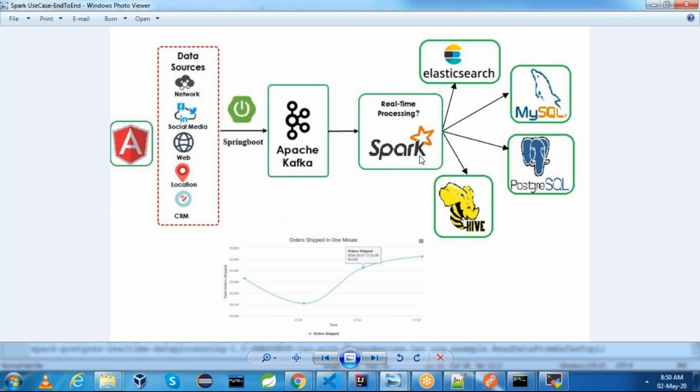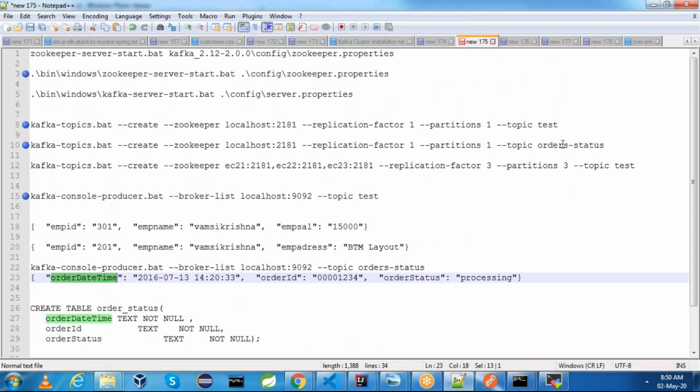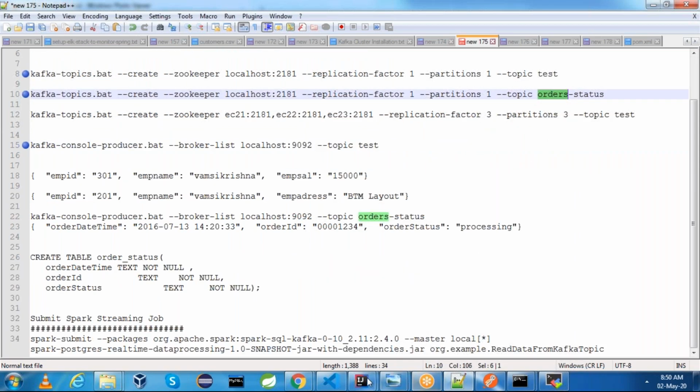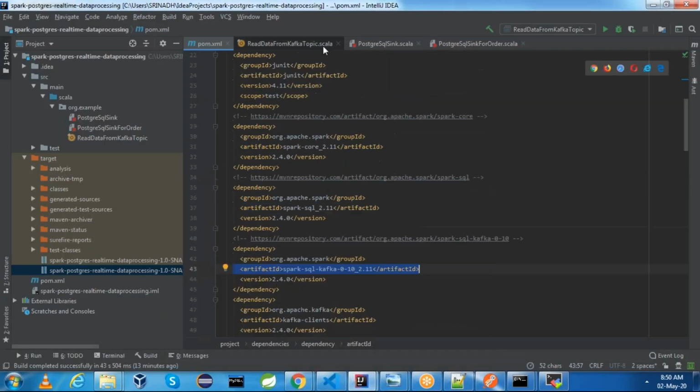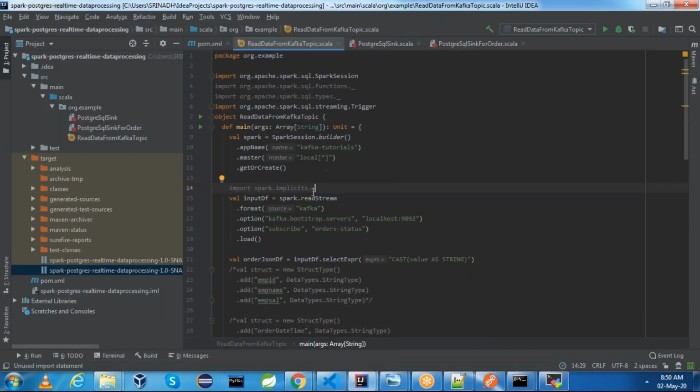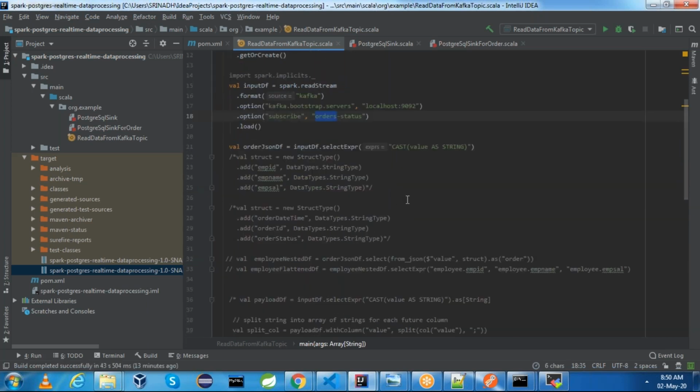That Spark submit job will start reading the data from Kafka, which is sent by Spring Boot through the topic. I have created a topic called order status topic. Using this topic, Spring Boot application will send the data, and Spark application will read the data from this particular topic. We are going to do this end to end.